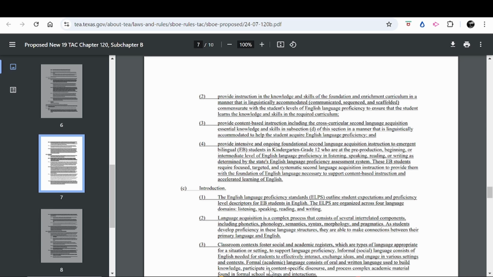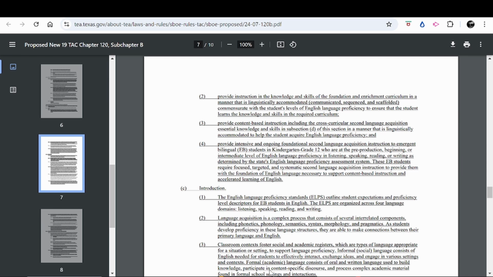Provide intensive and ongoing foundational second language acquisition instruction to emergent bilingual students in kindergarten through grade 12 who are at the pre-production, beginning, or intermediate level of English language proficiency in listening, speaking, reading, or writing, as determined by the state's English language proficiency assessment system.